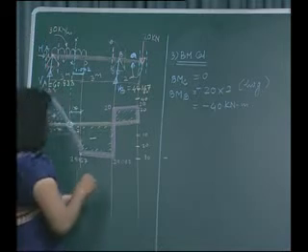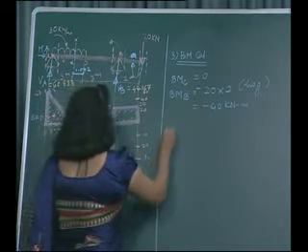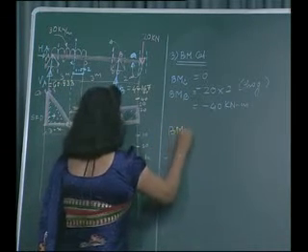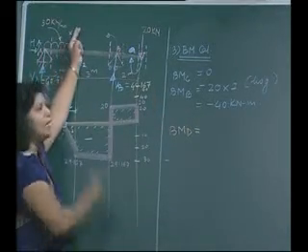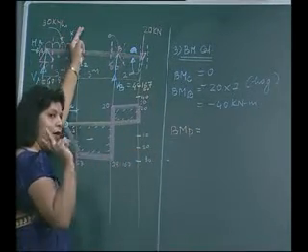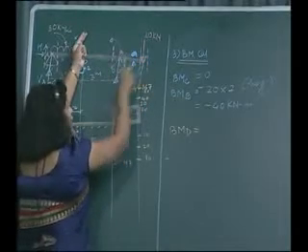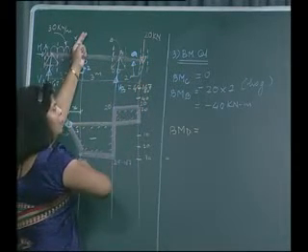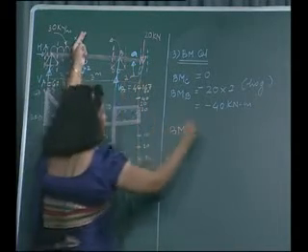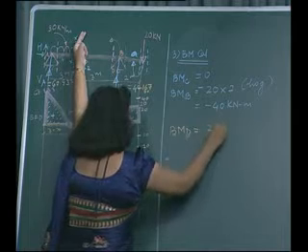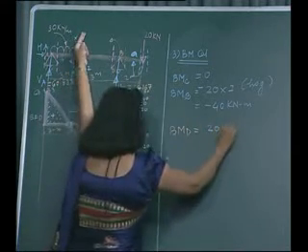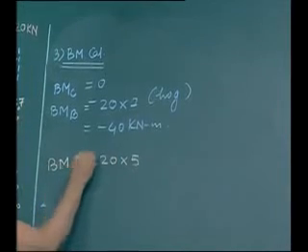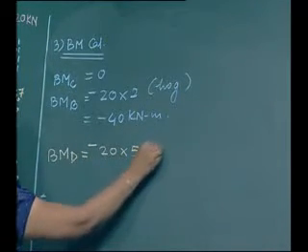Okay. Now we come to the bending moment at point D. So if I put my hand at point D and see on the right side, how many forces are there? There are two forces. One is 20 and the second is VB. To start with, first is 20. What is the distance up to point D? 2 plus 3, that is 5. And it is producing hogging moment, so negative.